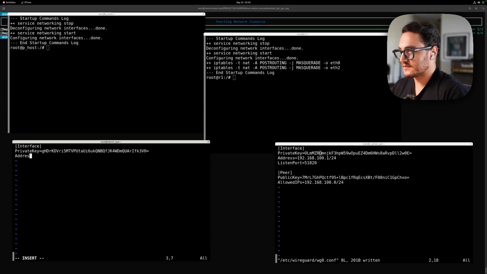The address that we want to assign is, for example, 192.168.100.2/24. So this is where, in the theory part, I was saying there's no support for dynamic IP addresses,